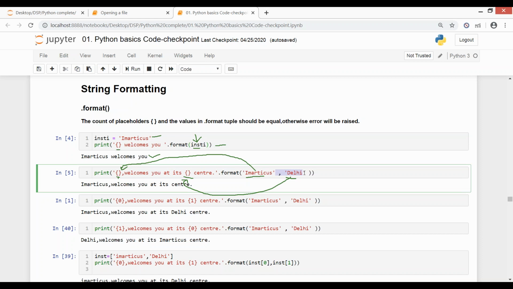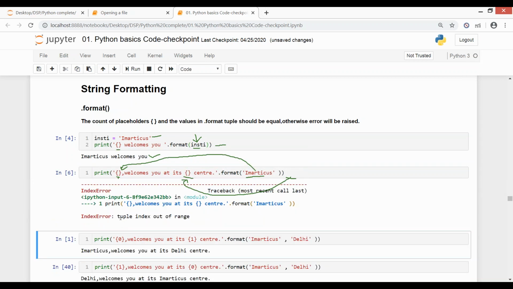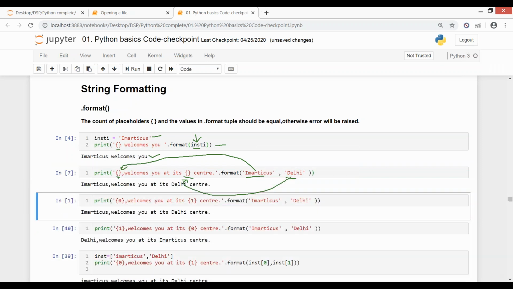Now let's say if I delete Delhi here. Now ideally I'm having two placeholders. Let me complete. Now I've given two placeholders here and value में मैं सिर्फ एक pass करा रही हूँ. You see, it threw me an error that it is out of index, like index is out of range. It means I've given two placeholders, but only one value. So scenarios like this should not happen. The number of values which you pass in should be equal to the number of placeholders you have given.